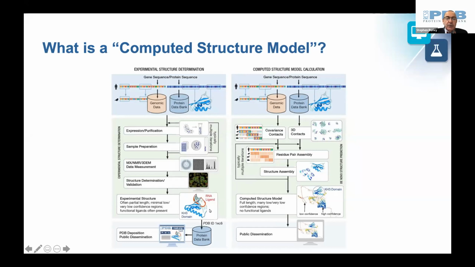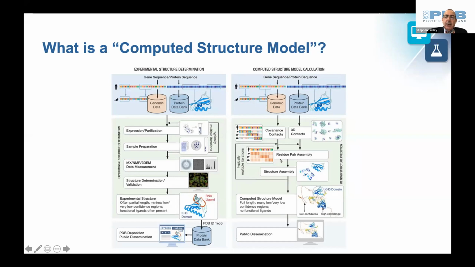The information that's published from crystallography, NMR spectroscopy, and electron microscopy ends up being made public through the Protein Data Bank, and the URL for the RCSB PDB research-focused website is rcsb.org. In contrast, we see computed structure models, again starting with genomic data and 3D structure data from the PDB,